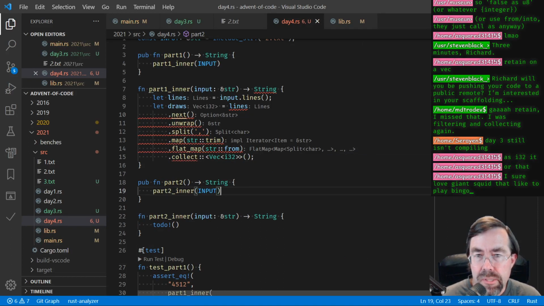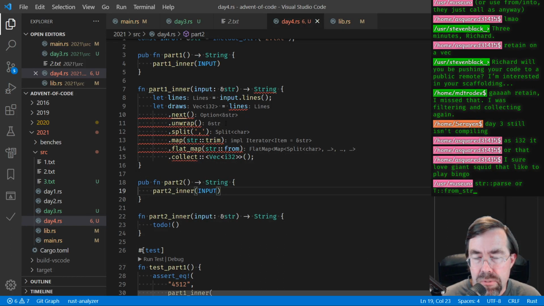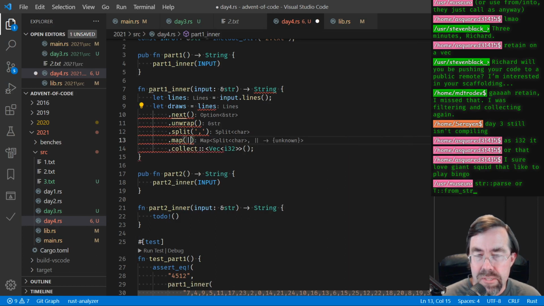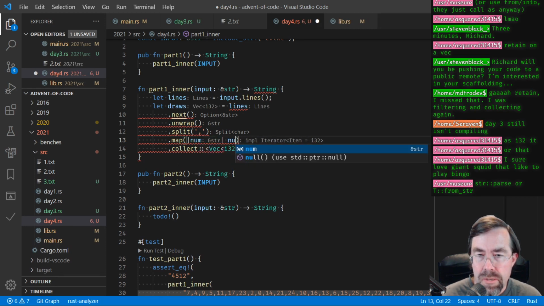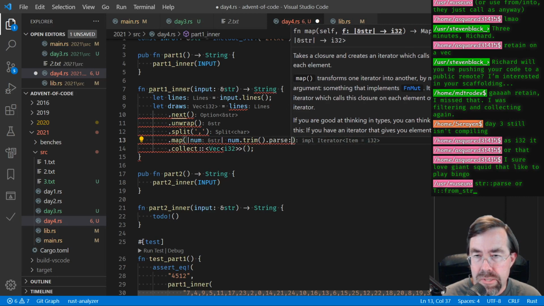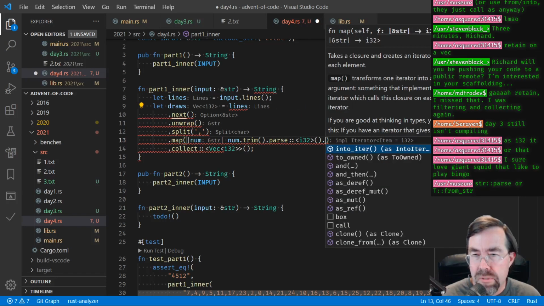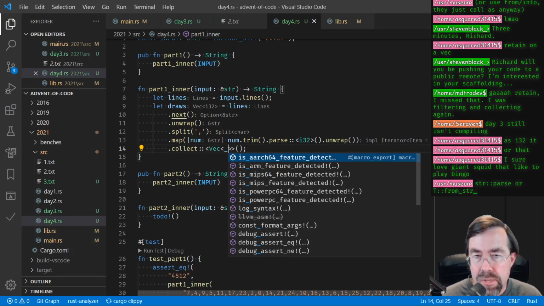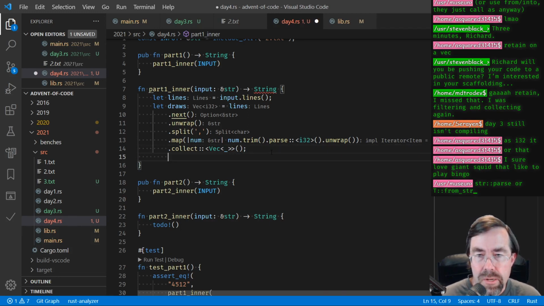I probably did that completely wrong. So lines option, so we get a slice, we split it, iterator splits, like the flat map is wrong. Okay, well, I tried to do that. Let me just do this inside of one thing because my brain hurts. So this would be num.trim.parse as i32 unwrap. There's a way to do it with flat map, but I can't think right now. All right, anyway, then